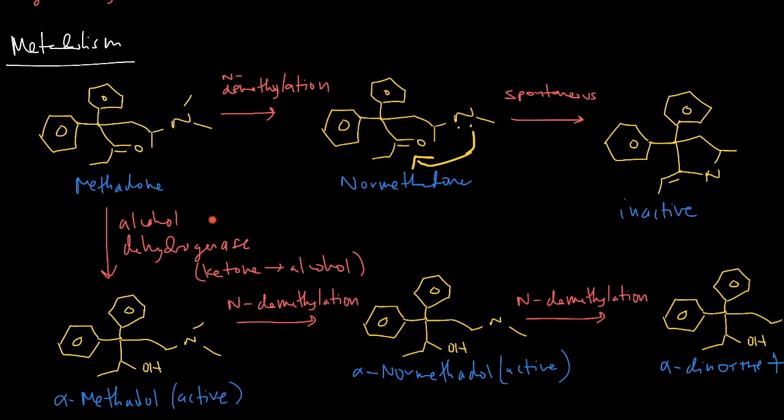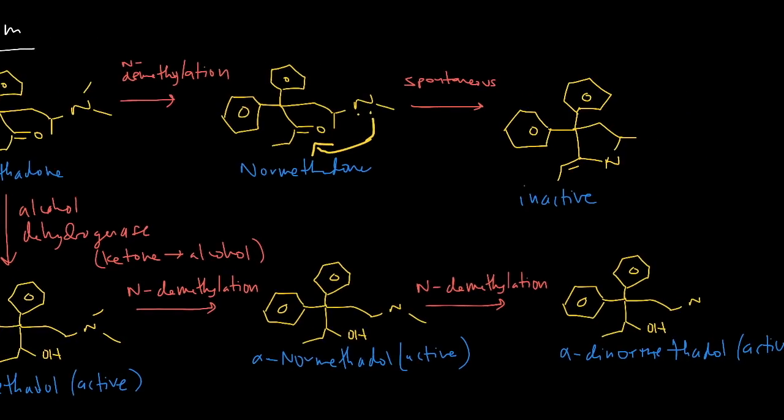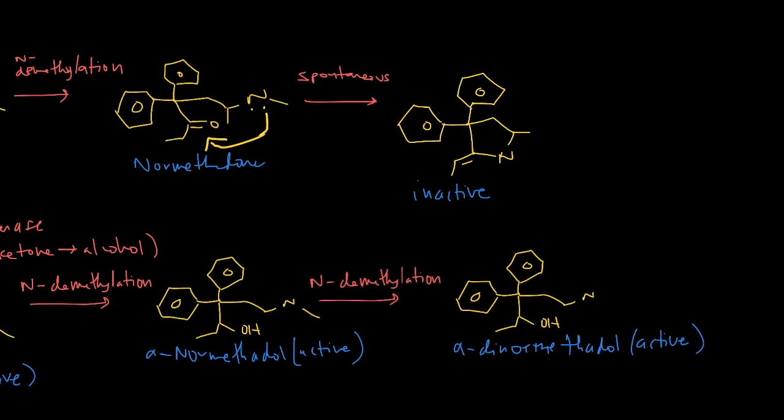The same way, the ol refers to the alcohol. So alpha methadol refers to the alcohol over here. This is active. This can undergo demethylation to produce alpha nor, because it's demethylated, methadol. This is also active. This can also go another demethylation step to form di, because it's